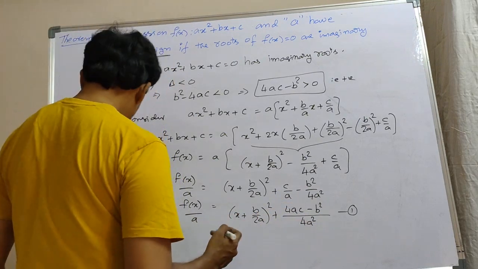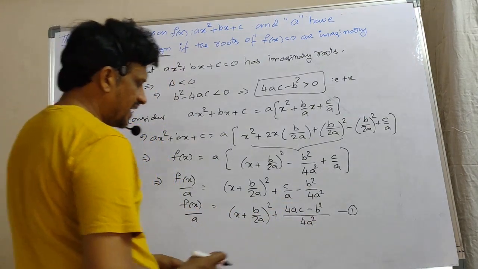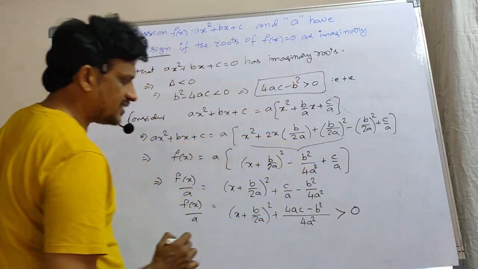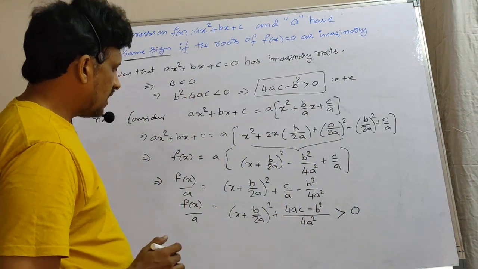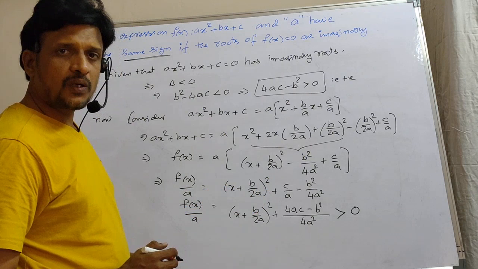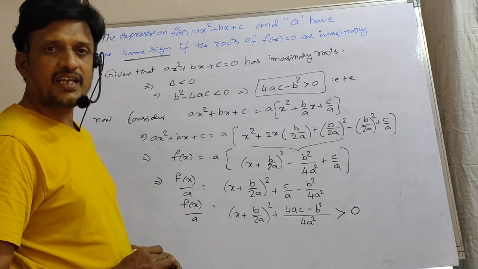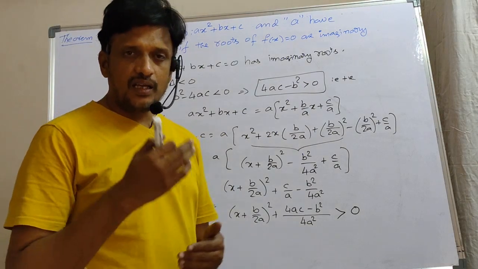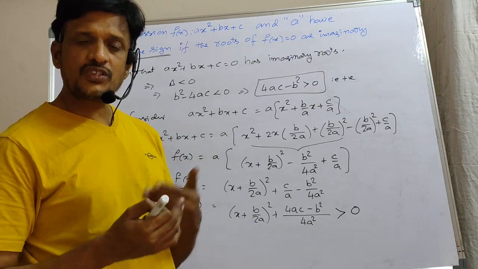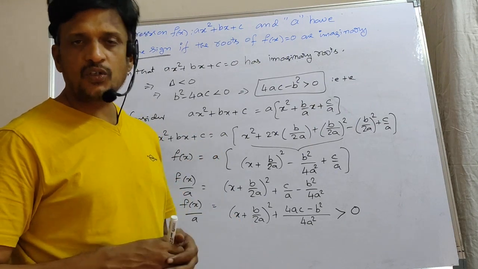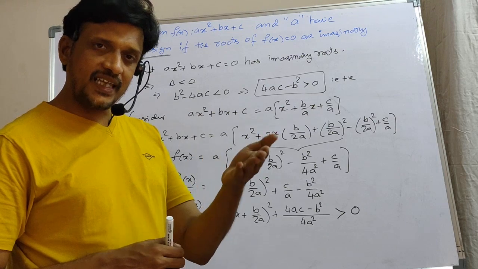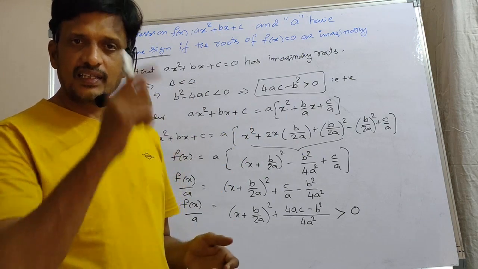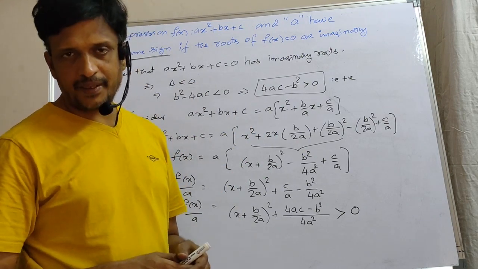So what are you getting here? The value of f(x)/a is equal to this one, which is always positive, greater than 0. And now, a fraction is positive only when both the numerator and denominator are either positive or negative, meaning both have the same sign. Because, for example, a/b: when a and b both are positive, simply you can write a/b. If a and b both are negative, then that will be (−a)/(−b), a negative number by another negative number. Then minus minus gets cancelled, and you get the same result a/b.